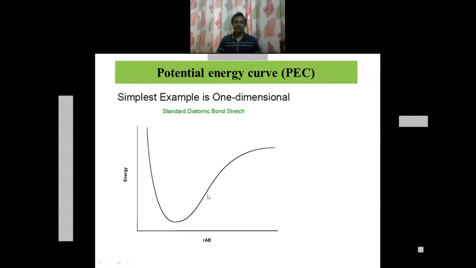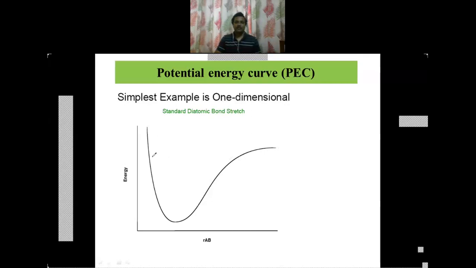Now what does this potential mean? This is written as energy, but it is actually potential energy, for the atoms, the nuclei actually. So if we think about the H2 system,